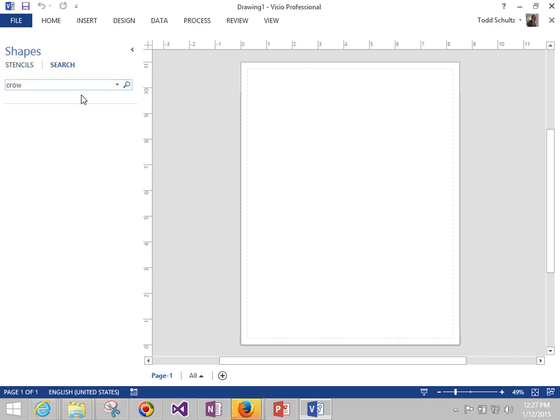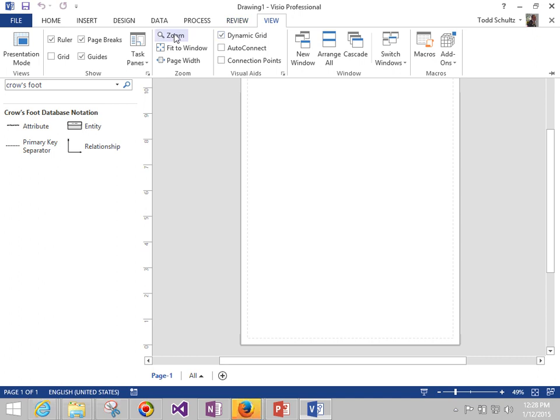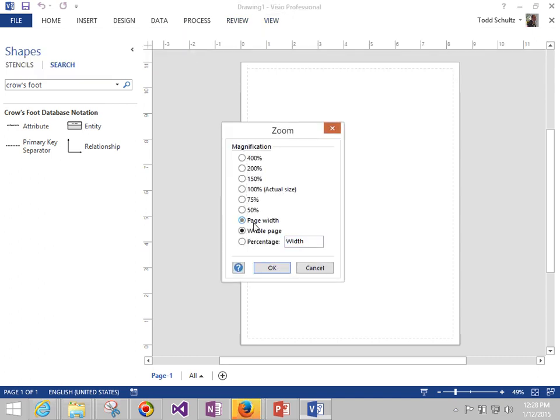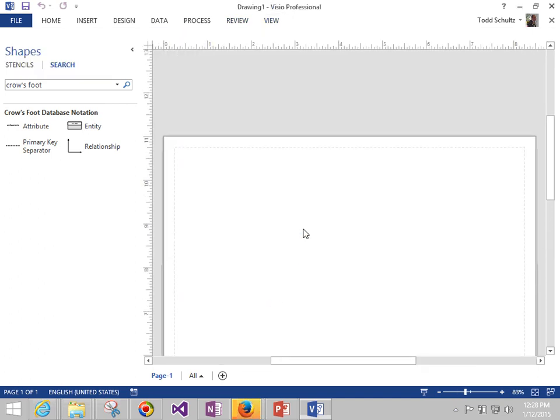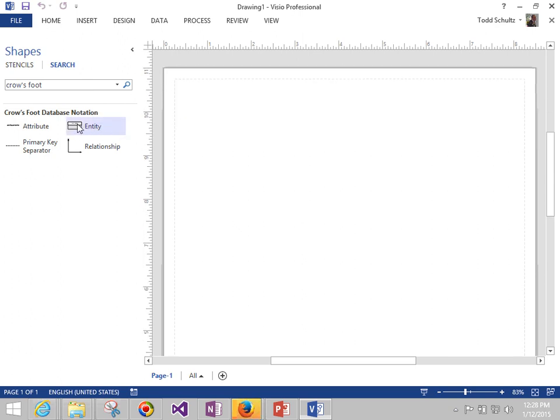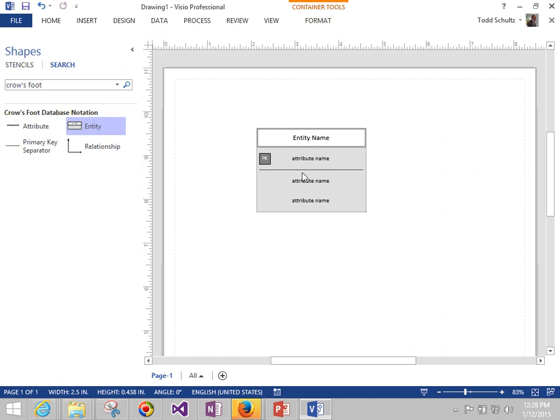I click on search, and there's crow's foot, and it's kind of built into Visio to have these particular attributes. I'm not going to try to necessarily copy one they have there, so I don't have to go back and forth, but let me just zoom a little bit and do page width, just to bring it into focus. But we have an entity, and notice it brought in a PK, an attribute name,